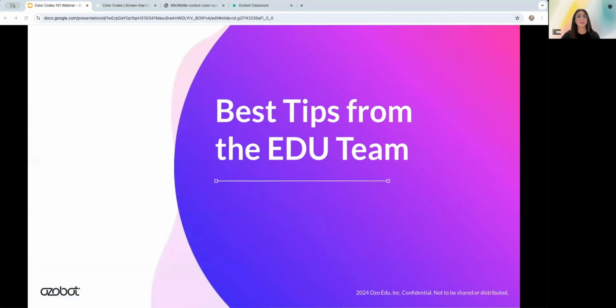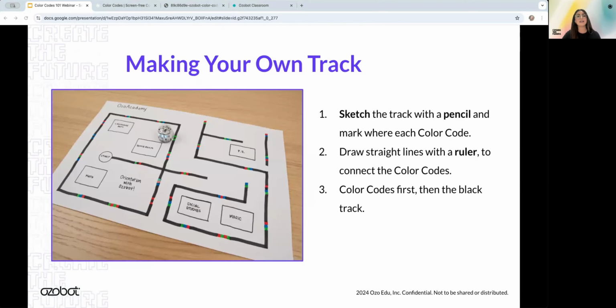All right, I'm going to jump into the best tips from the EDU team. Our first set of tips has to do with making your own track. So you can see here on the left, this is a hand-drawn track with almost 20 color codes. And we have really great tips to ensure that all of the codes are read correctly and your bot can